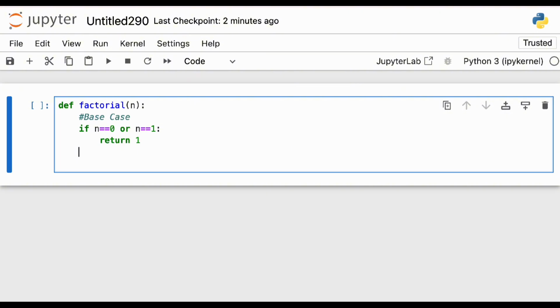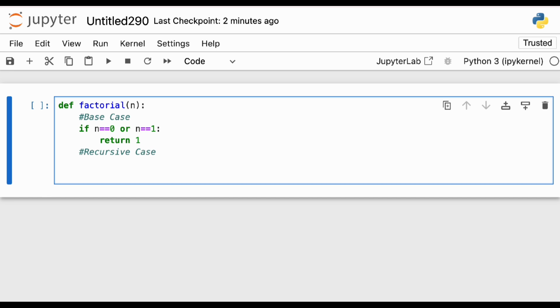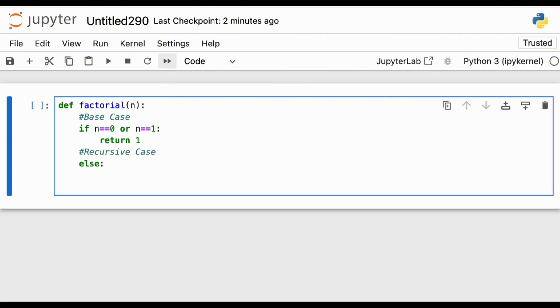Now let's go towards the recursive case. So what do I mean by recursive case? Recursive case means that now for any number, what is the factorial? Now I'll write down the else statement. The else statement will say to return n multiplied by the factorial of n minus 1.